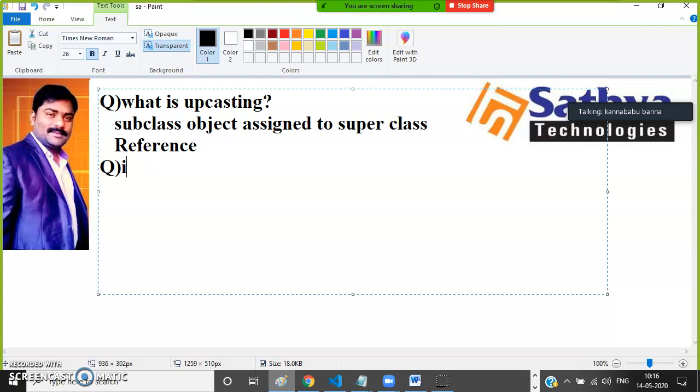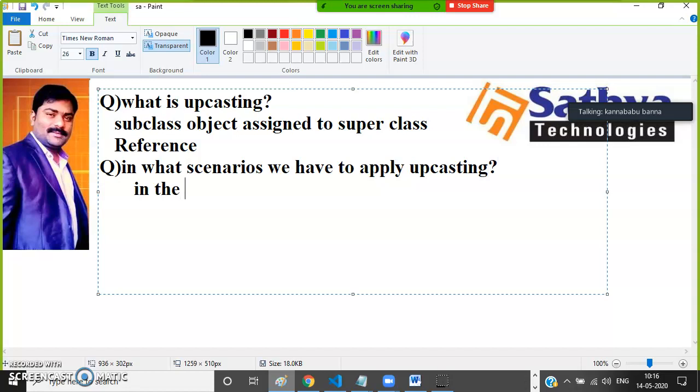In what scenarios do we have to apply upcasting? Is it clear?